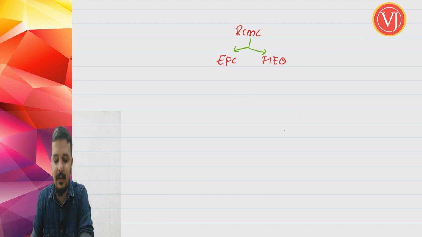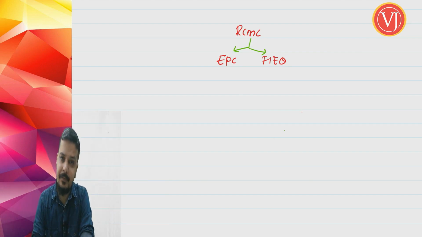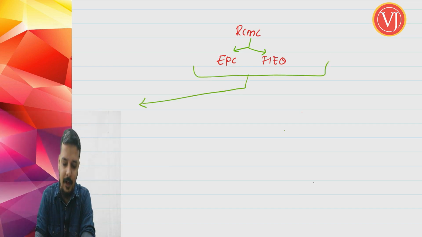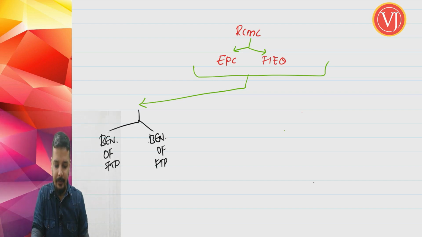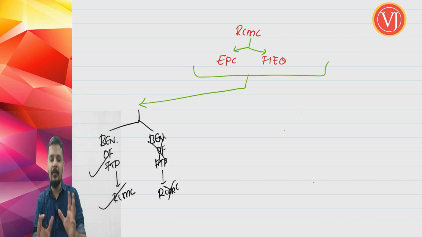We'll discuss when EPC gives it and when FIEO gives it. Now why is this registration cum membership certificate required? You do require registration cum membership certificate only and only if you want to take the benefits of your foreign trade policy. If you want the benefits of foreign trade policy, you should have registration cum membership certificate. If you don't want the benefits of your foreign trade policy, then this registration cum membership certificate is not mandatory. If at all you want the benefits of foreign trade policy as an exporter, you do require registration cum membership certificate. Is the first point.